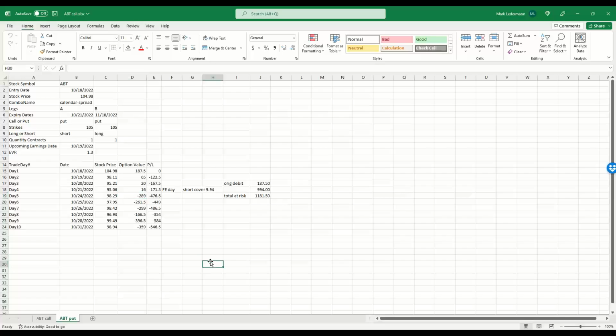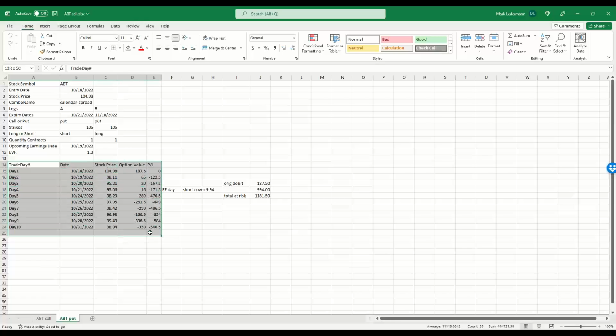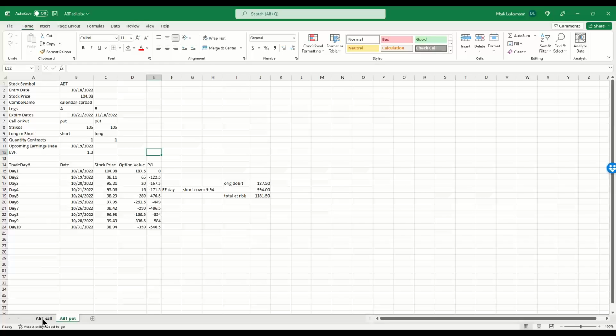All right, so back to OSBTT. So here are the results out of OSBTT. This is what we call the metadata. This is the information that we feed into the OSBTT, and then here are the results of the trade. You can see here what we did: I did both a put calendar and a call calendar to illustrate something that we talked about in the last webinar, and that is that calls are puts and puts are calls. It doesn't matter if you do a call calendar or a put calendar. They're both essentially about the same thing.